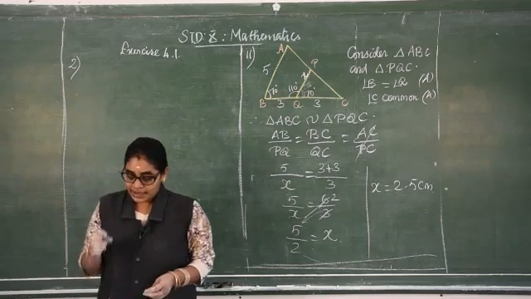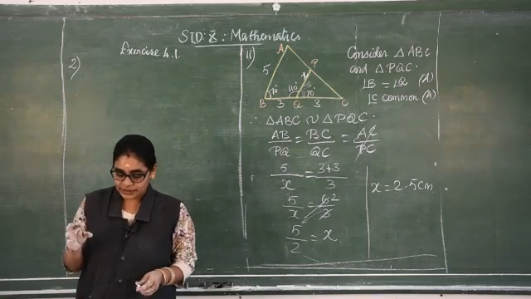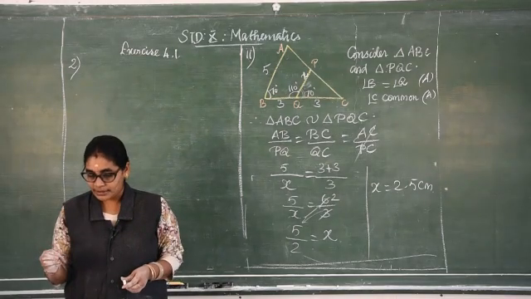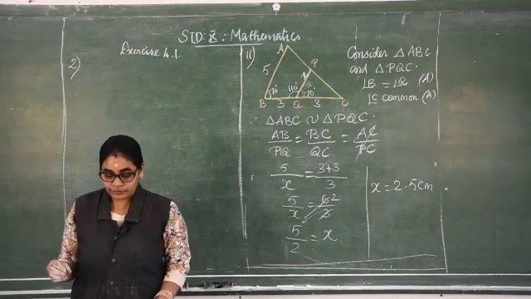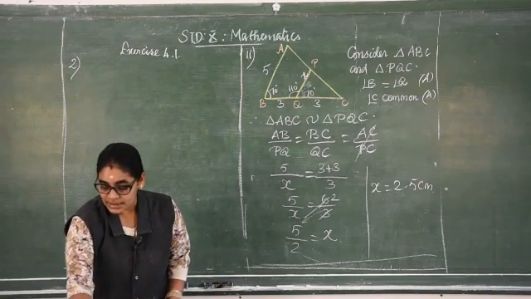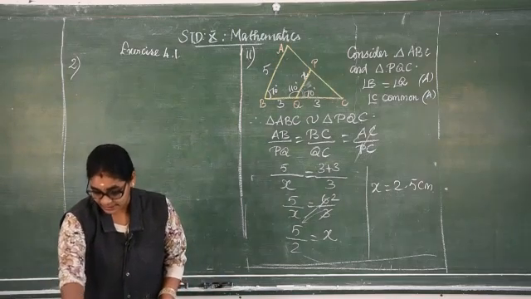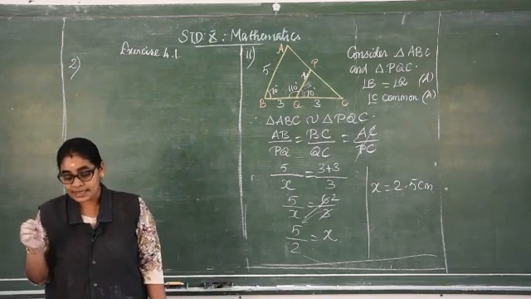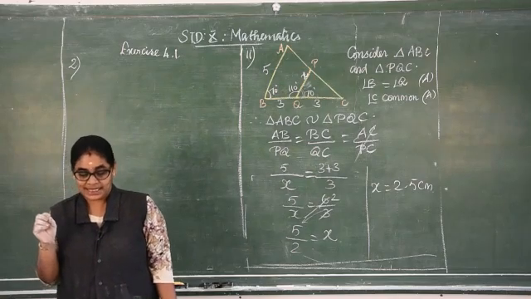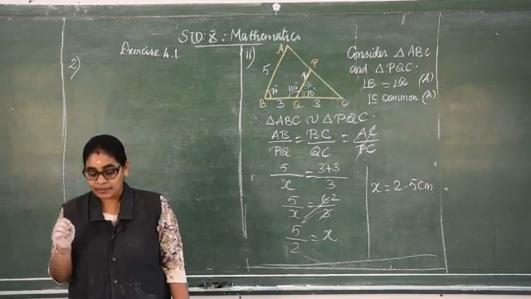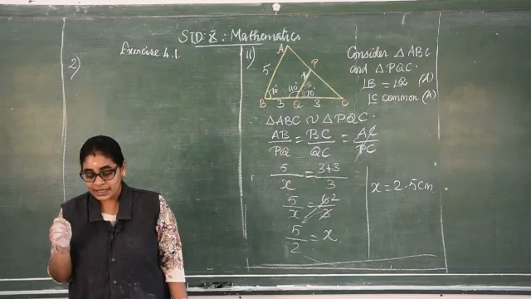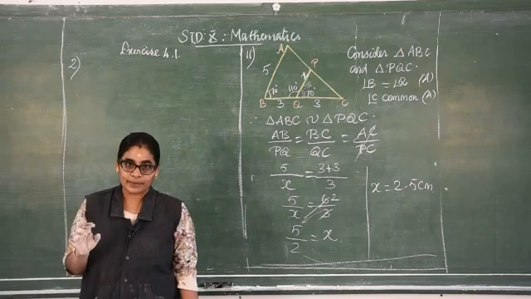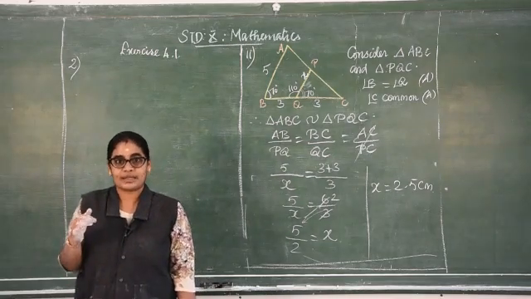One more time. A girl looks at the reflection of the top of the lamp post on the mirror, which is 6.6 meter away from the foot of the lamp post. Boys, it is not 66, that is 6.6 meter. Yes, in our book it is given as 66 meter, so please change that one as 6.6 meter. And it is given as 12.5 meter, so please change that one as 1.25 meter. In the new book it is given in that version.